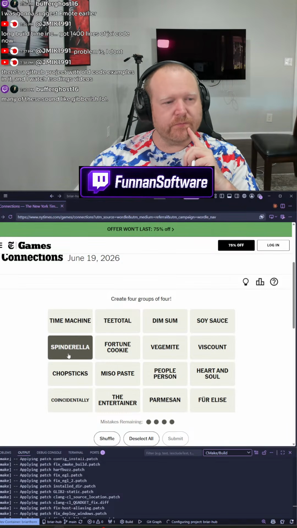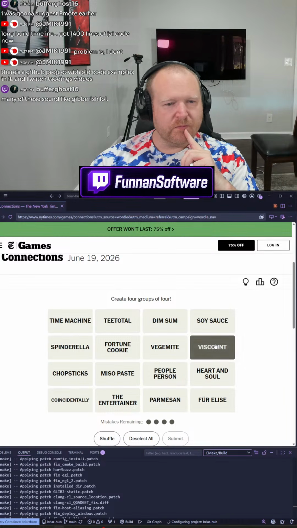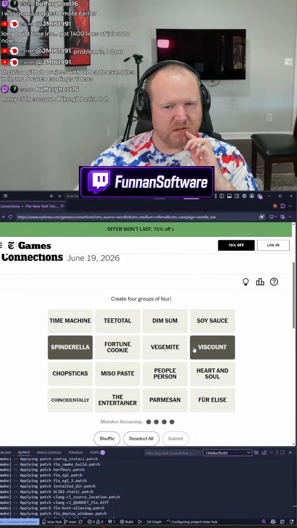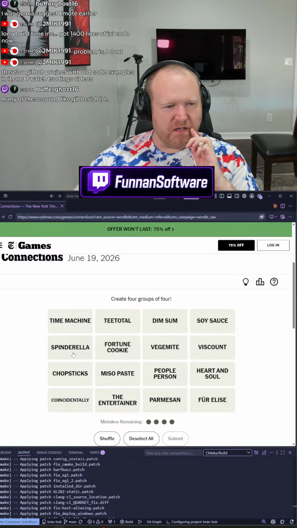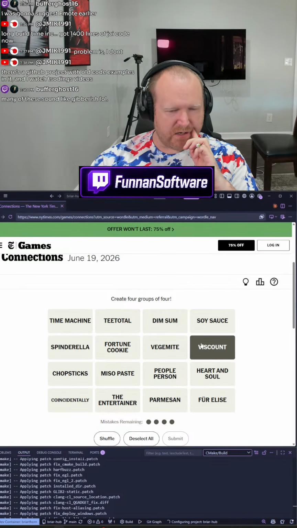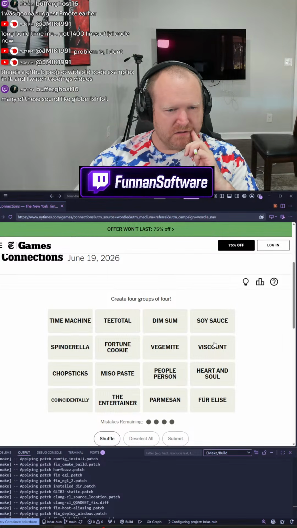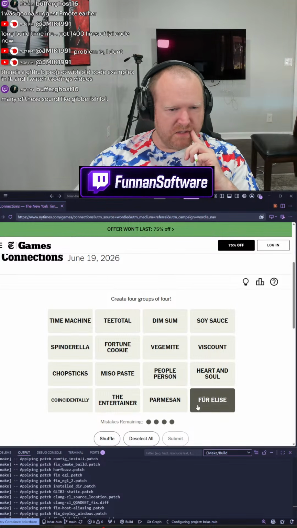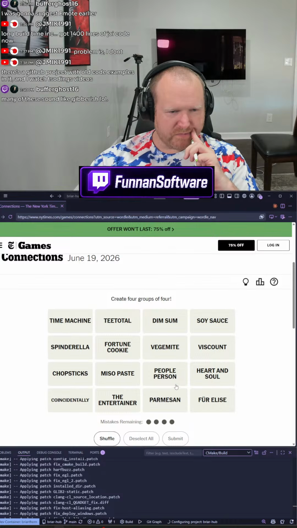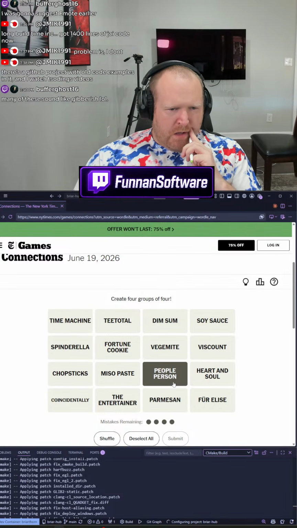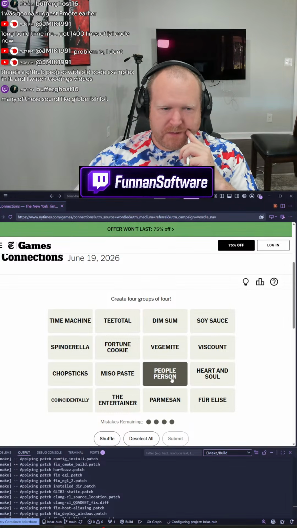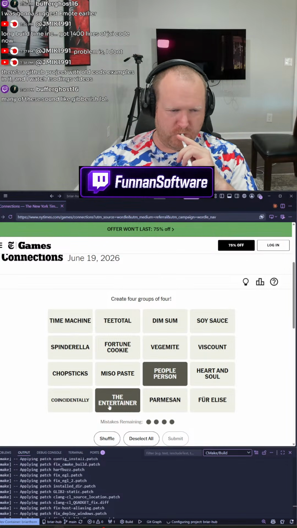Are these like the initial letter is misplaced? Cinderella would be Cinderella. Viscount would be discount. Except that's two letters. Fur Elise is music. A people person. An extrovert. The entertainer. Ooh.